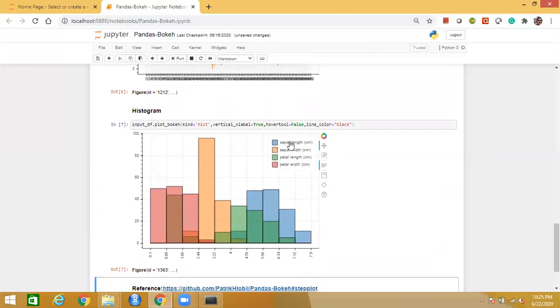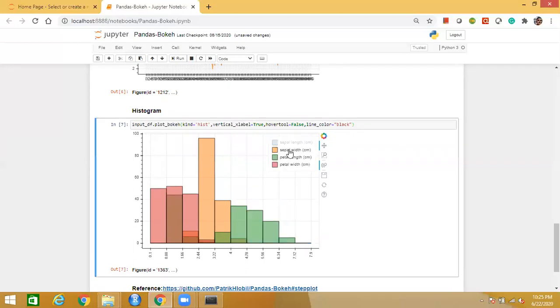Now if you see here, for each, if you want to filter, you can filter it. Currently I'm showing all the 4 variables. If I want to filter out everything, I want to see only sepal width. If you want to add one again, you need to click on that. Now you can see the distribution. You can see the distribution of the 2 variables now.